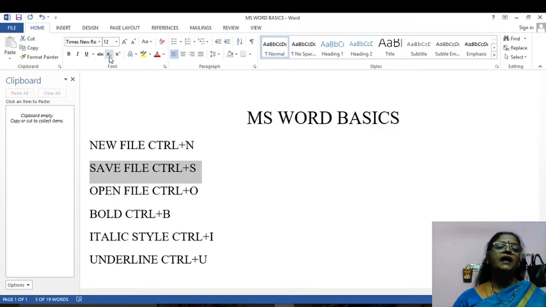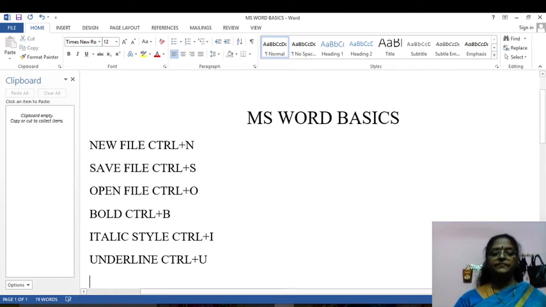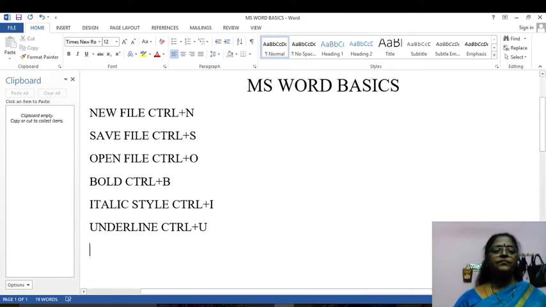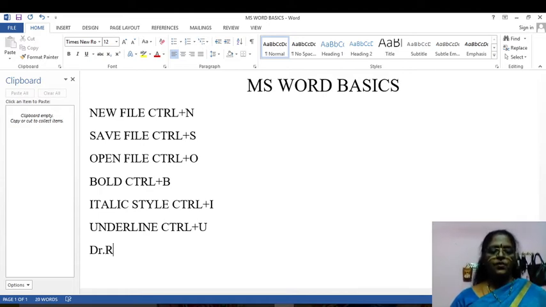So next I choose this subscript. See, what is subscript? If you want to type any other staff name or principal, any other person's name, and you want to type their degree, their qualification, how can you type it? At that time you can use the subscript. See here. So subscript. For example, I want to type the name Dr. Rajeshwaran.